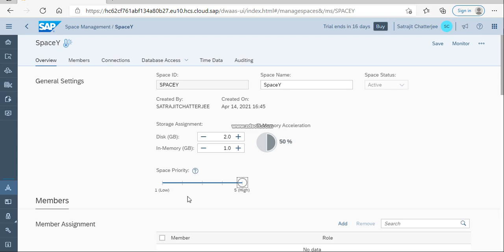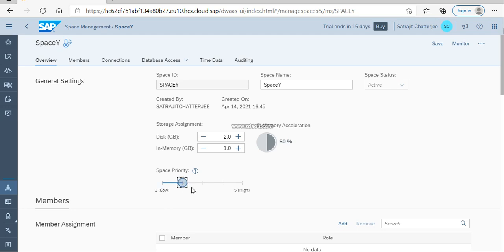So maybe the system is down, or the optimizer is going to reduce the space automatically. In that case, this application will be untouched, this space will be untouched. It will try to reduce the space from low priority spaces first, then it will go for high priority spaces. If you keep it at one, that means it is the lowest priority you are giving this space. So if you need to release some resource, the first choice will be this space. This will be released first.